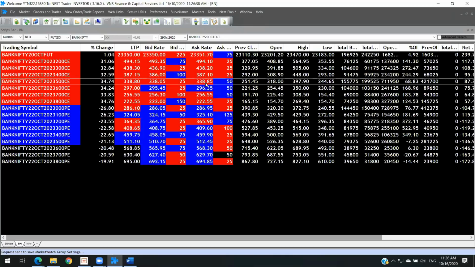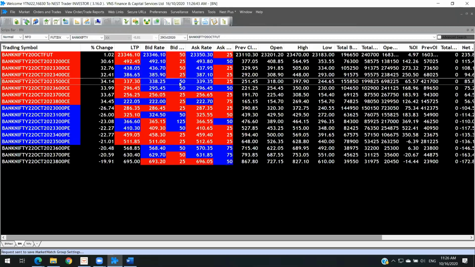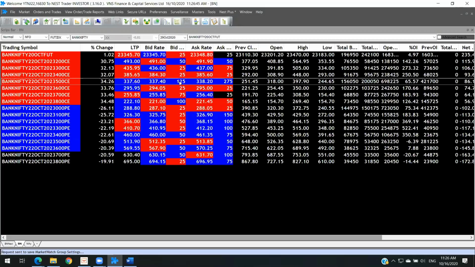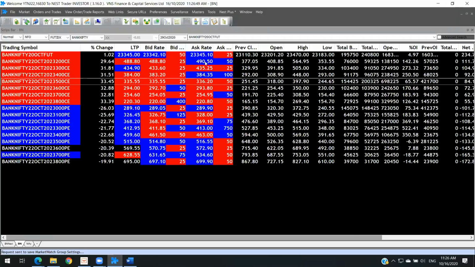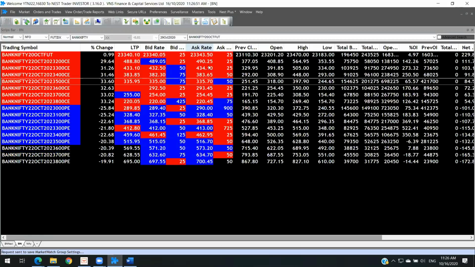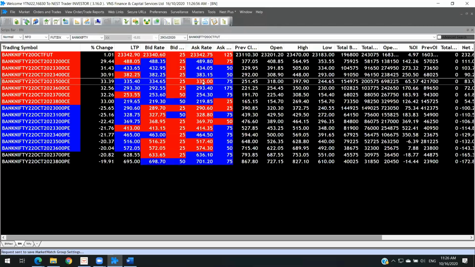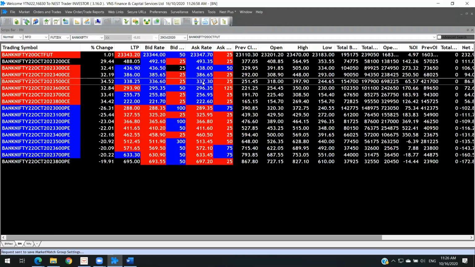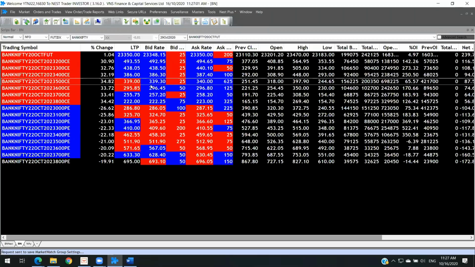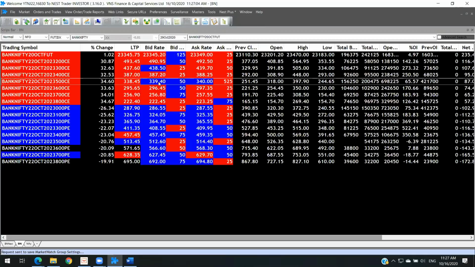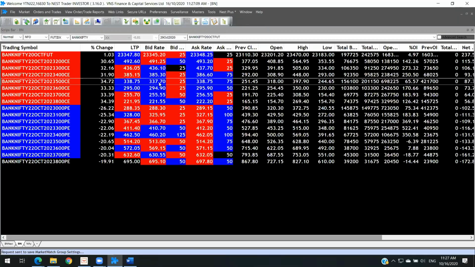Another thing, when you're buying, this is your order which you're placing, you're also placing your quantity. That quantity will get displayed. That is the bid quantity here, the next column. The next one, ask rate. This is the rate at which someone is trying to sell, someone is trying to say, okay, if you wanted, you can ask at this rate and I will be happy to give it to you. But you are saying, no, I will be waiting for this. So many people who are trying to buy, they will place the order at the bid rate. And if it is not getting triggered, they will always be feeling that they have missed a move, right?